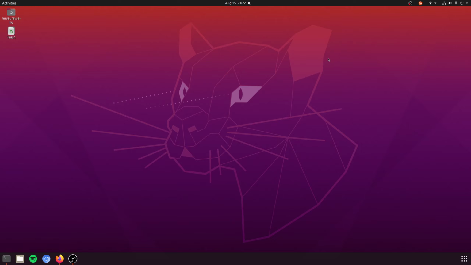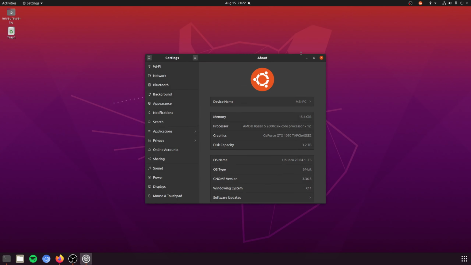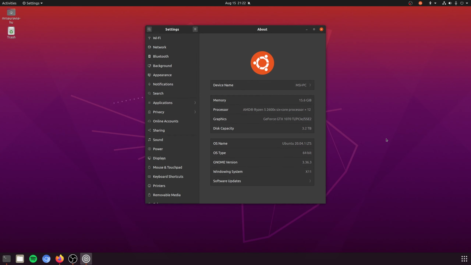So I set up Ubuntu on my gaming PC. This is Ubuntu Focal Fossa, and I was wondering how I should set up my terminal here. This is the configuration of this machine. I mostly use this for gaming, but I also use Mac and Windows Subsystem for Linux